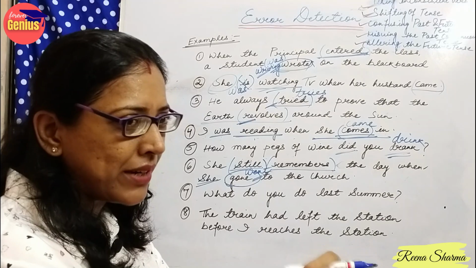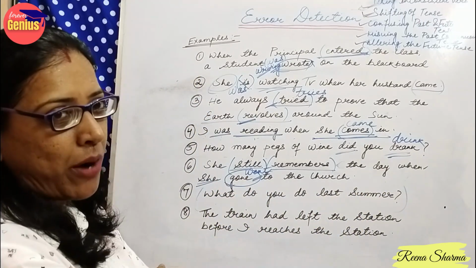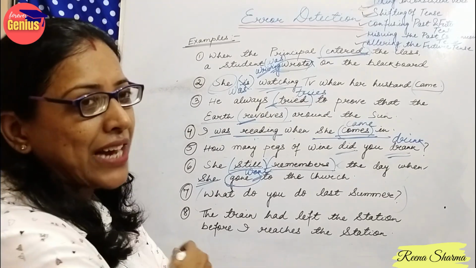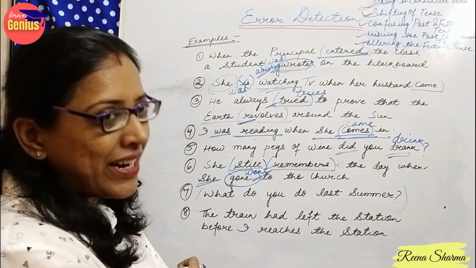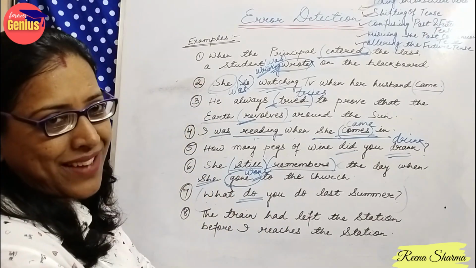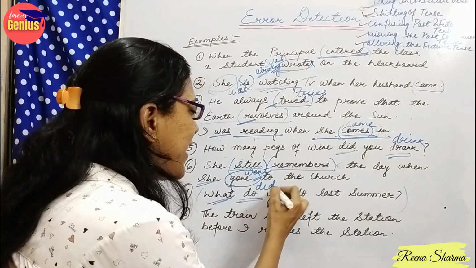Pause the video for 2 minutes, think. What will be the structure for the interrogative form? You will definitely find the mistake, and within a fraction you will find. So I hope everyone has done it. So what do? Do is the mistake, because after WH family we write did.